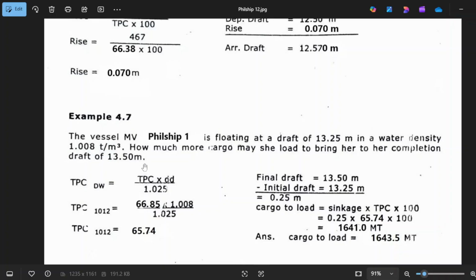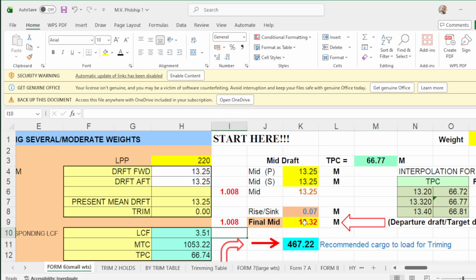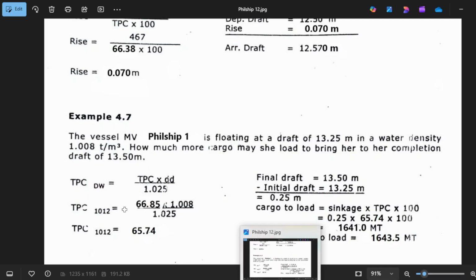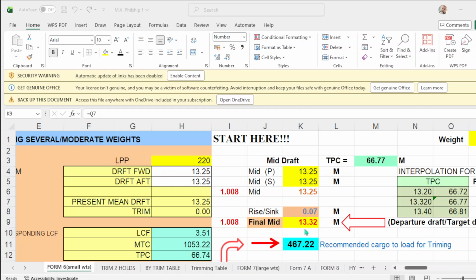Meaning your departure draft will be 13.5. So meaning how much more cargo to load from 13.25 to reach 13.5. So your departure draft here should be 13.50.